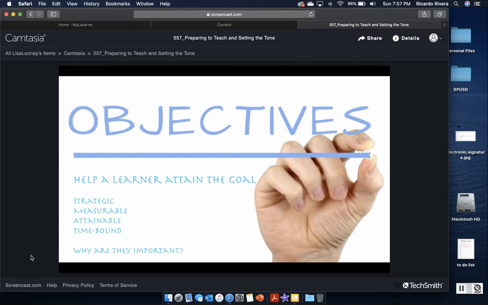And why are those important? Well, you want to make sure you have goals so that you can measure them, right? It doesn't make sense to do a goal that's not measurable, that's not connected to the course, that's not attainable, not realistic, or that is past the time that you'll be working with your students, because that doesn't make sense, right? And you also don't want to shortchange yourself and say, your students will master the material within 8 weeks if you're in a 16-week course, right? It's not a reasonable thing to think that students will master the material no matter how great of an instructor you may be, if the course is meant to be a 16-week process for them to do it in half